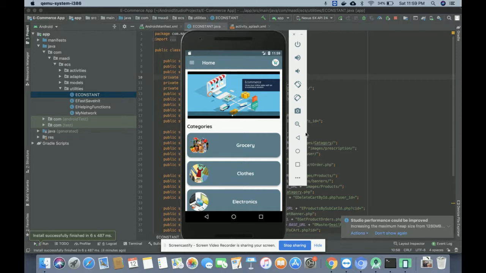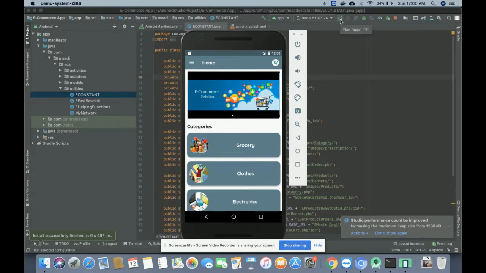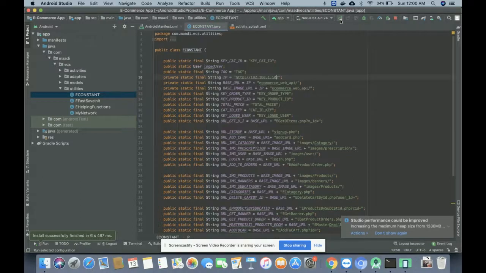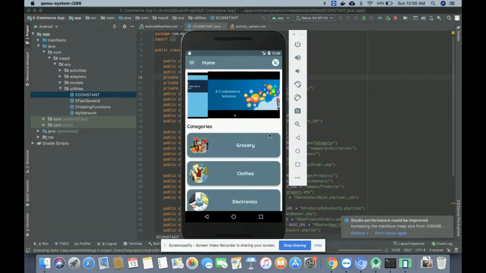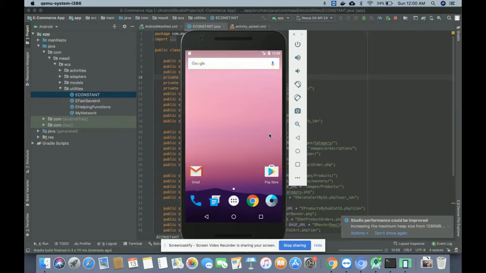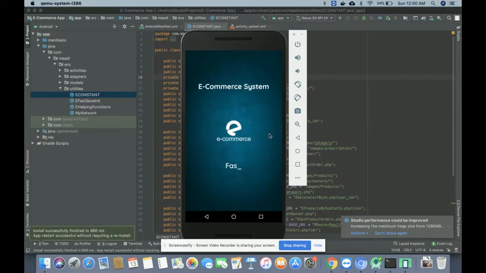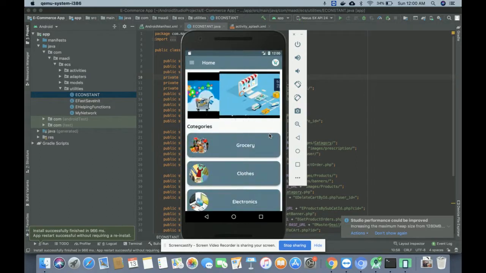So this is the native Android application, and if you get the source code, you can import it in the latest Android Studio. Once you import it, it will be Gradle synced, and after the Gradle sync, the run button will be enabled, right? Once you click on that, the Android application will compile and load. You can see this is the splash screen which we have designed, and once the splash screen goes, you will get the home page, right?